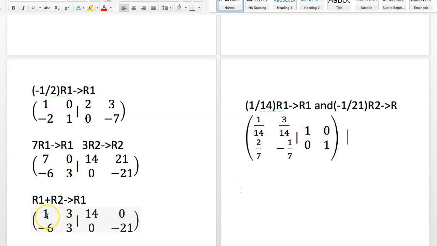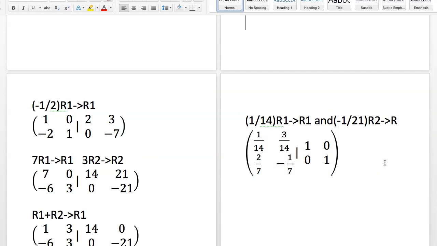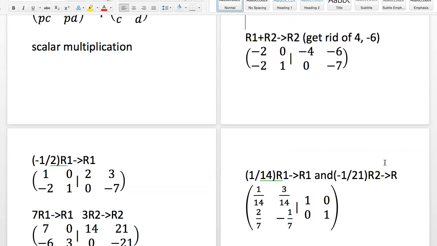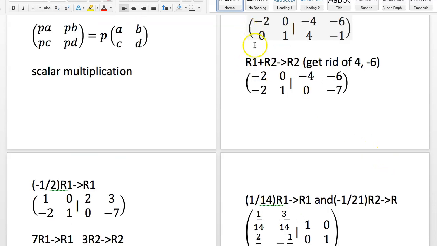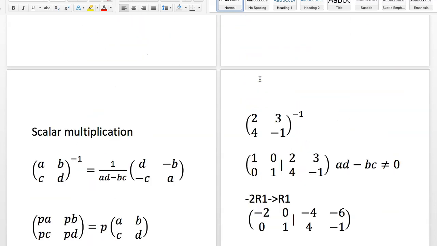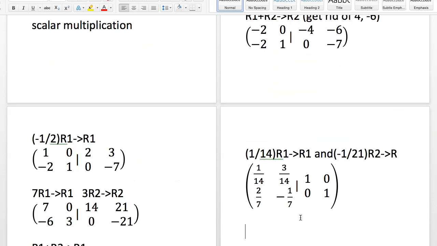Maybe not. Let's see. So I claim that the inverse of my original matrix, and this will work with 3x3 matrices, 4x4, it's just a lot longer, but this will generalize. Now, will this work? What was my original matrix? I forgot. So I claim, so Control C. The inverse of 2, 3, 4, negative 1 is, I claim, if I can ever get over there,